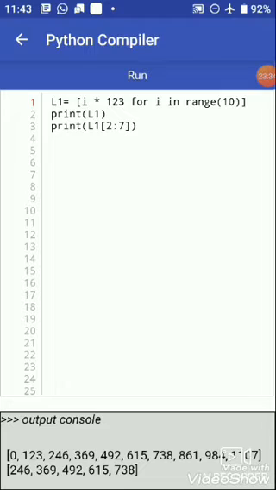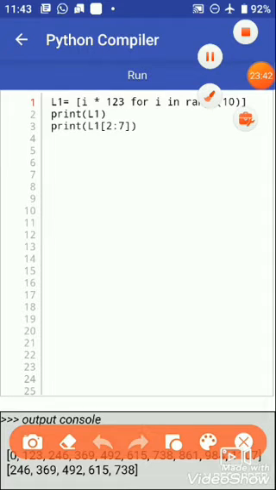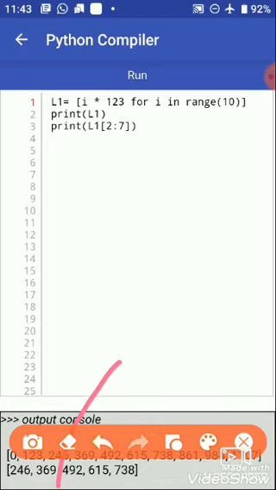It means the list starts from index number 2, and in our list index number 2 is 246, counting 0, 1, 2. After 246 with an increment of 1, that is 369, then 492, then 615, then 738.